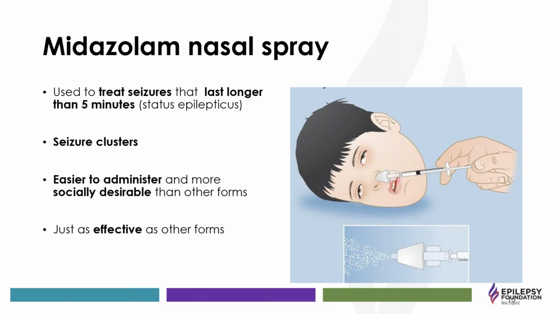But with a tonic-clonic seizure, if we're timing that rigid tonic phase and that jerking and shaking clonic phase, we can tell very clearly when it has ended in 5 minutes or less, as opposed to if it hits that 5-minute mark, we definitely want to have something like midazolam.